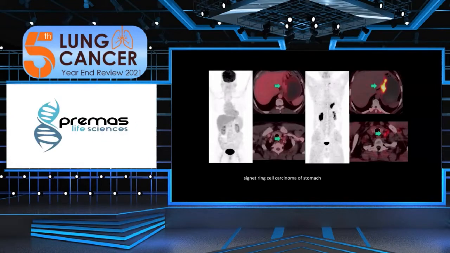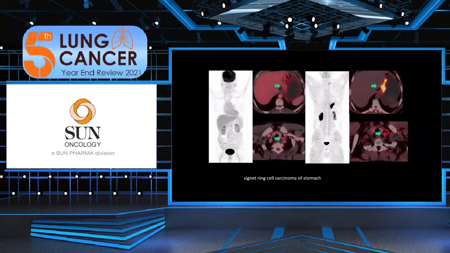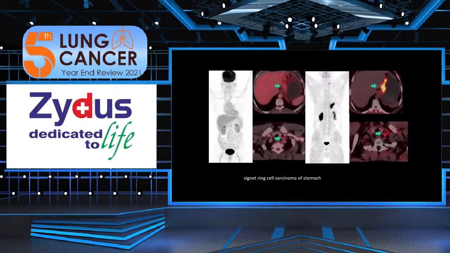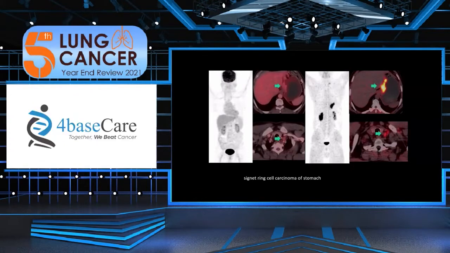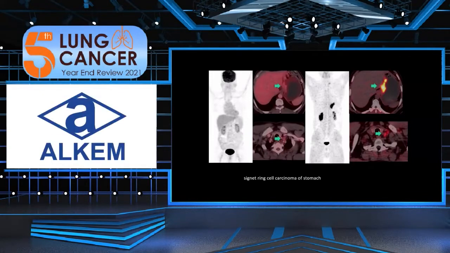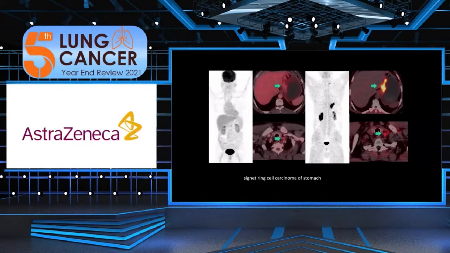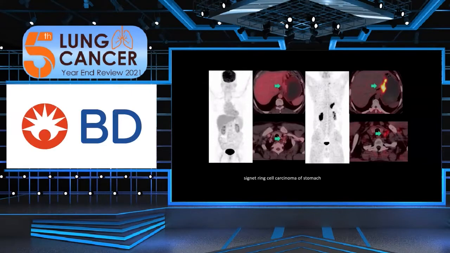So all these groups, signet cell and mucinous adenocarcinoma, had a very poor expression of GLUT. That's why FDG was not being used for them. In fact, many authors were of the opinion that we should be looking at thymidine kinase, and we should be using FLT rather than FDG. And many histopathologists also believe in giving a Ki-67 score for these.